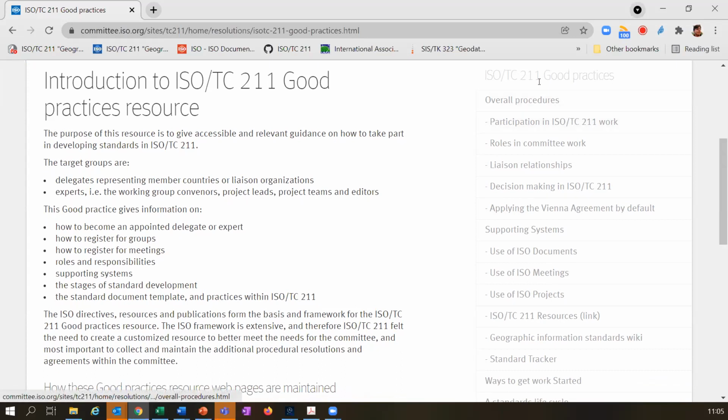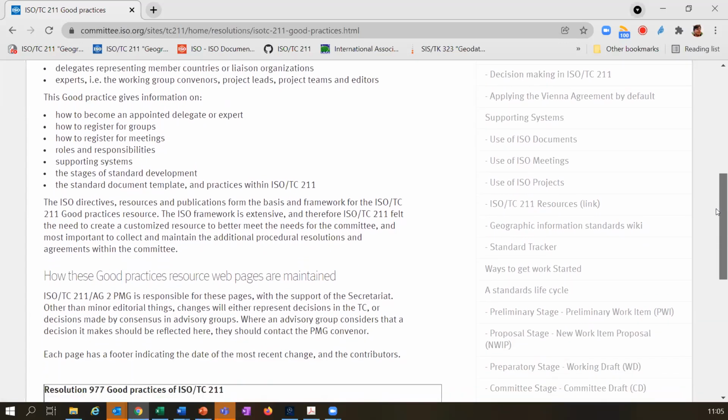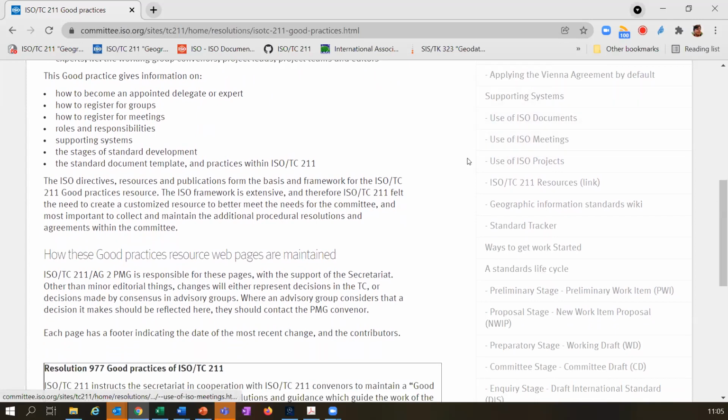We have a part in the beginning called overall procedures, where we have tried to put in things that are of a character that is perhaps a little bit more general in its nature. We do have a lot of support systems. We have areas where we find other useful material. So we try to write a little bit about them and also give the links to where they are.